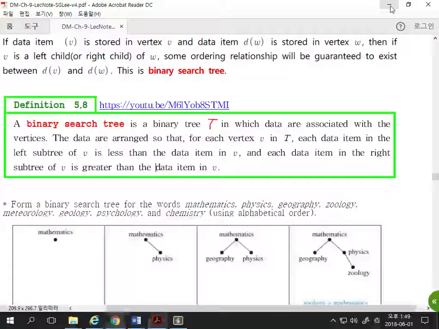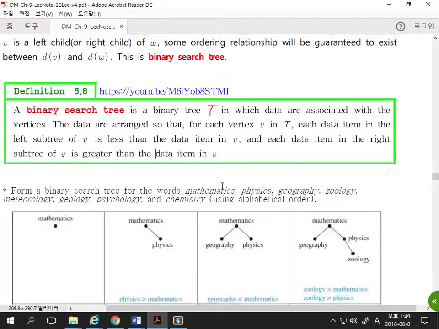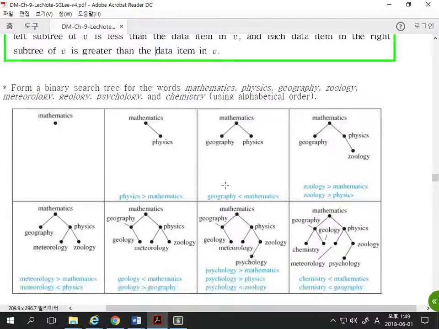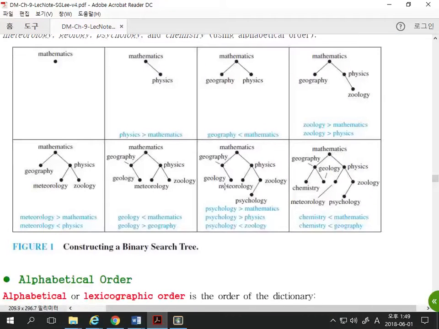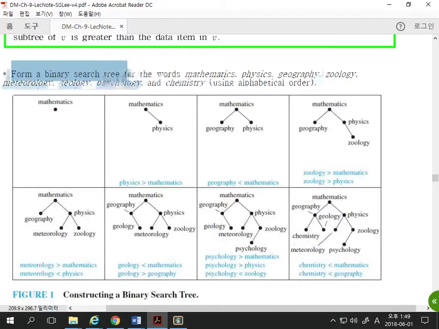Okay, anyway, whenever you need, you can go back to see what the binary search tree means and how you can generate code, and how you can use it. And it also has motivations for that. Anyway, for a form of binary search tree for a world of mathematics, physics, geography, geology,